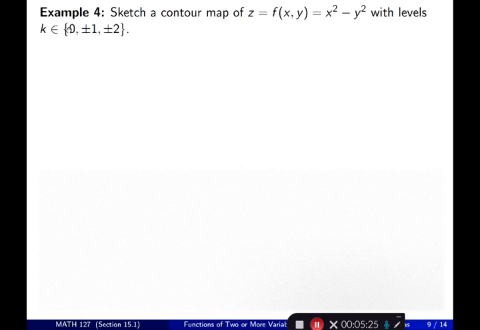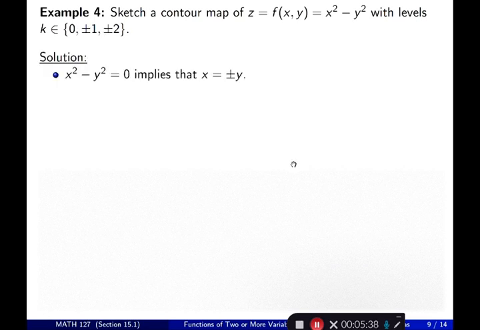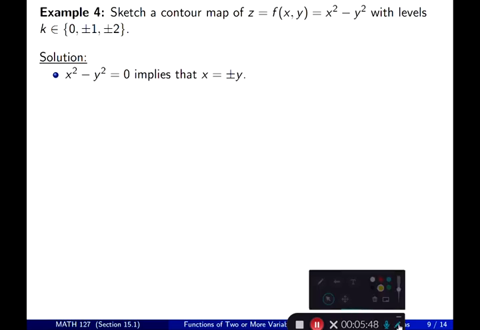K can be 0 or plus minus 1 or plus minus 2. So k belongs to the set of those. So how many? 1, 3, and 5 level curves for the contour map. What you do is you set z equal to any of these k values, right? So if I set z equal to 0, and that's the first one,